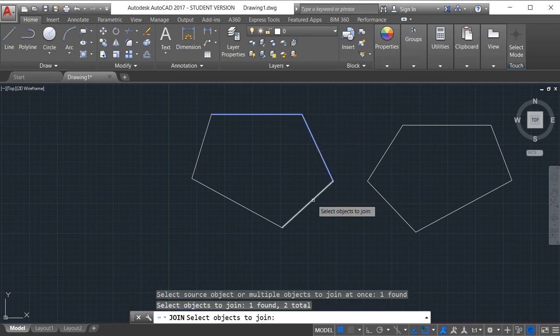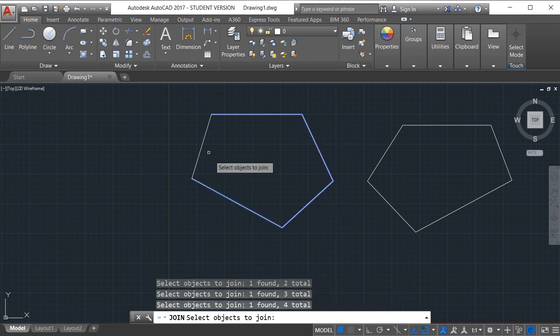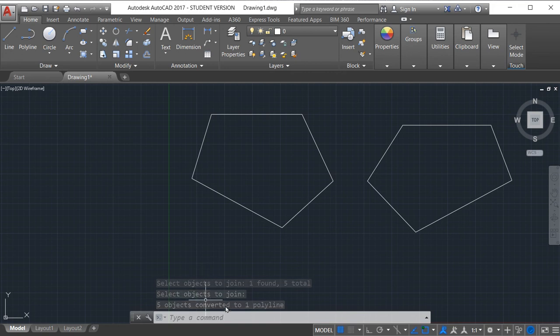So I am selecting all the lines and press enter. So see here, 5 objects are converted into one polyline. By clicking on this we can see this as a polyline object.